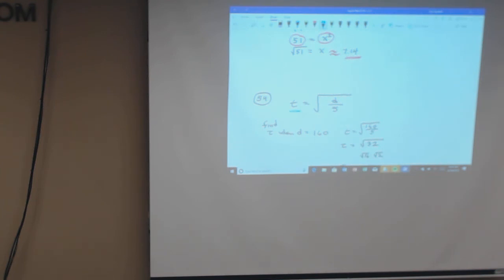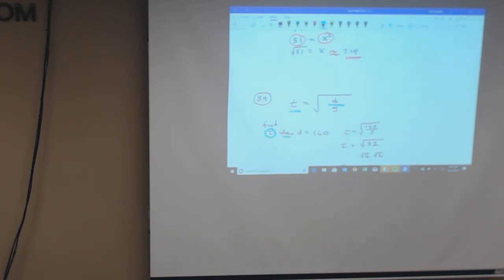The time t in seconds that it takes an object dropped from a certain distance to hit the ground is t equals the square root of d divided by 5. See where that formula is there? So then it says on 54, find the time, that would be t,